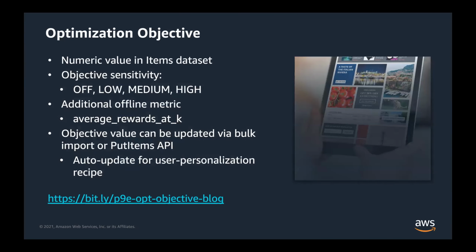Optimization objective was the other key enhancement, where you can introduce an optimization objective or a business objective into the model. The way this is done is with a numeric value that you include in your items data set. Then you can associate a sensitivity level to how much Personalize will weight that optimization objective against relevance. This is a really important trade-off that customers are making: they're biasing recommendations towards an objective of the business,